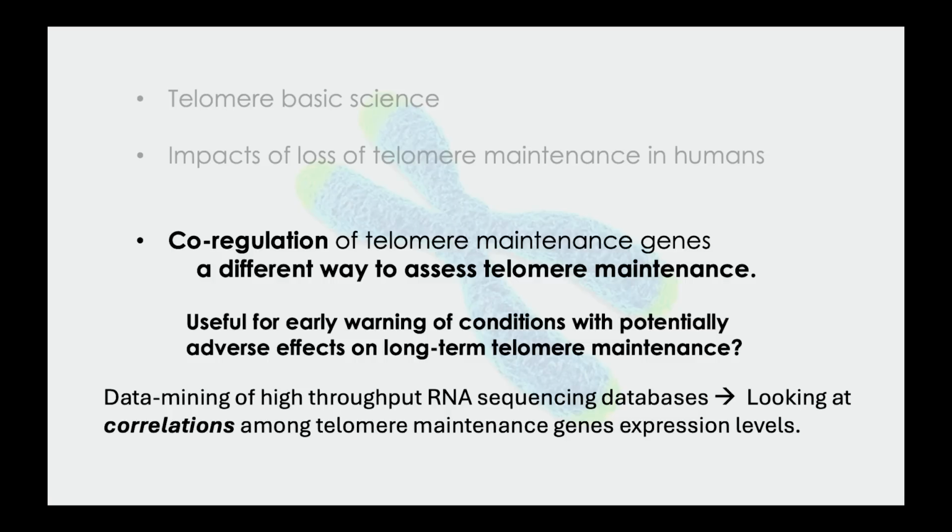Okay, so data mining of just standard high-throughput RNA sequencing databases. I had to use bulk sequencing because single-cell sequencing has been challenging because these genes are expressed at very tight, low levels, even in stem cells. So the data are too stochastic in single cells, and I'm hoping the technology will get better so we can do it with single cells. So these are studies where you're looking at cells of one type, but as a population, so bulk RNA sequencing.